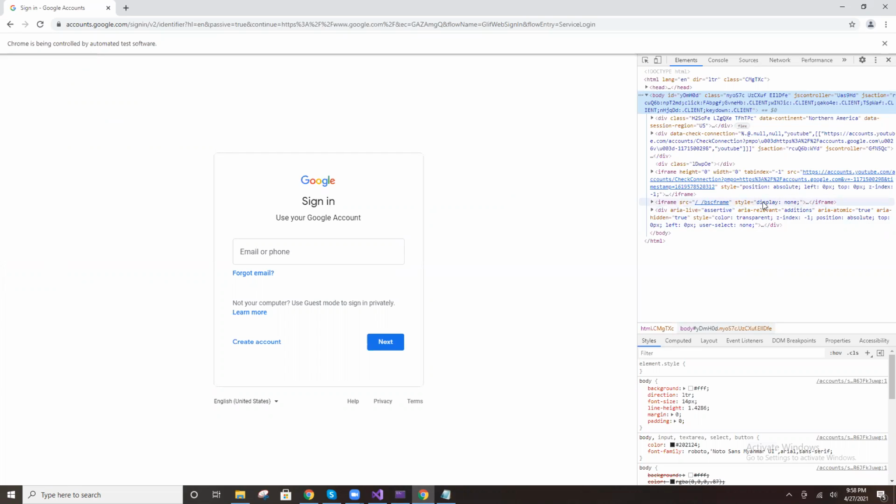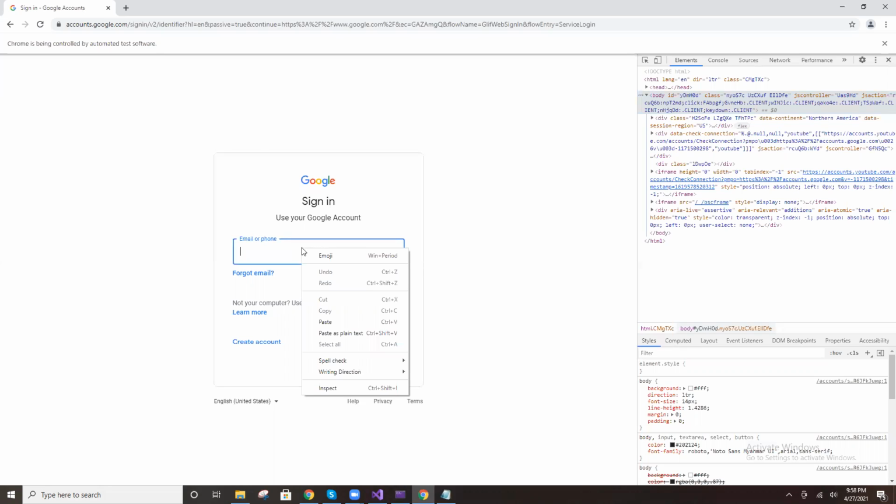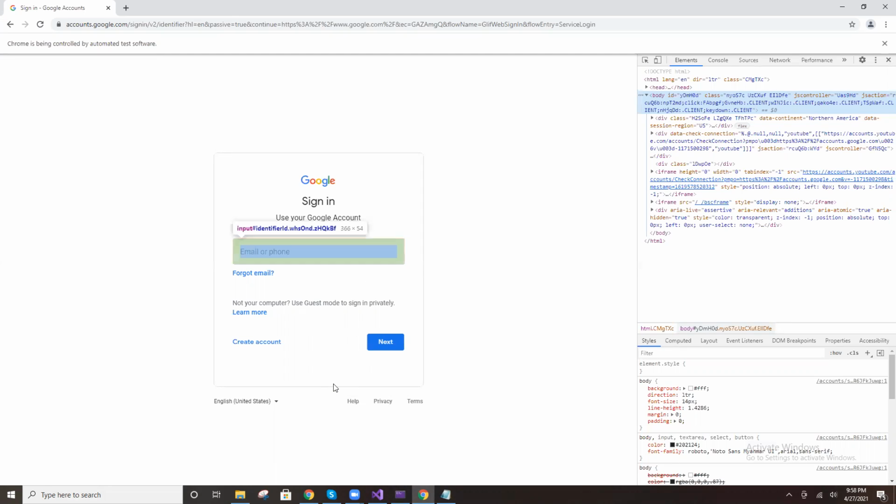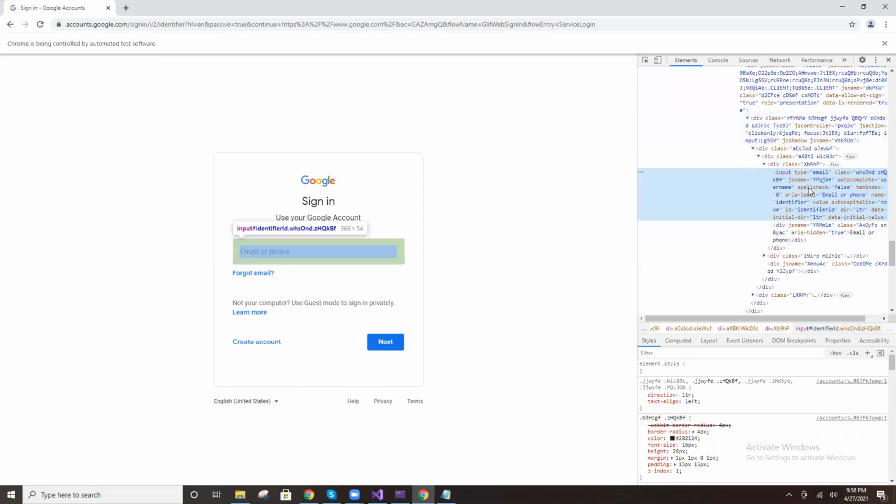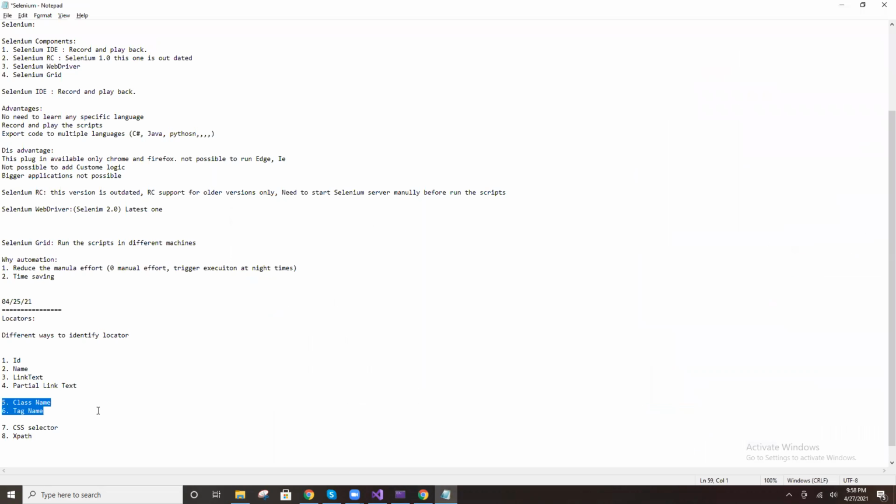Class name is also used for multiple elements. So as of now, don't use these two.